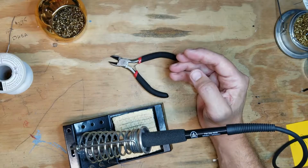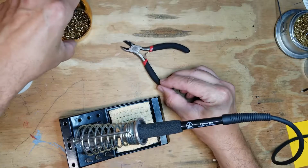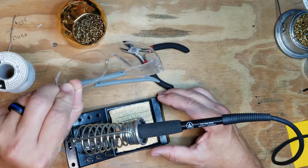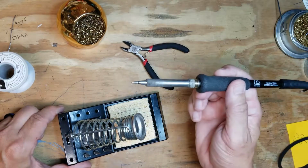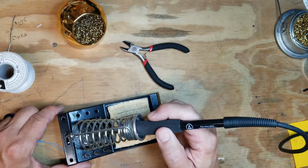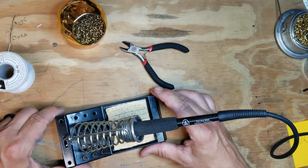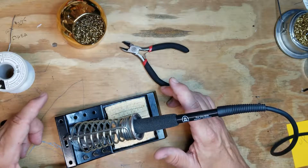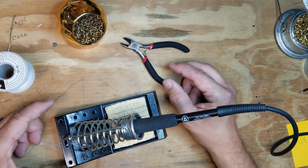Now, you can be as safe as you want while you're soldering, but you cannot control the people around you. Hence, another reason to wear the glasses, another reason to be very safe with your iron is to not hurt others around you. But also make sure you're aware of your surroundings. If somebody is soldering next to you, keep an eye on them. If you see them doing something that's not safe, then you need to tell them, because